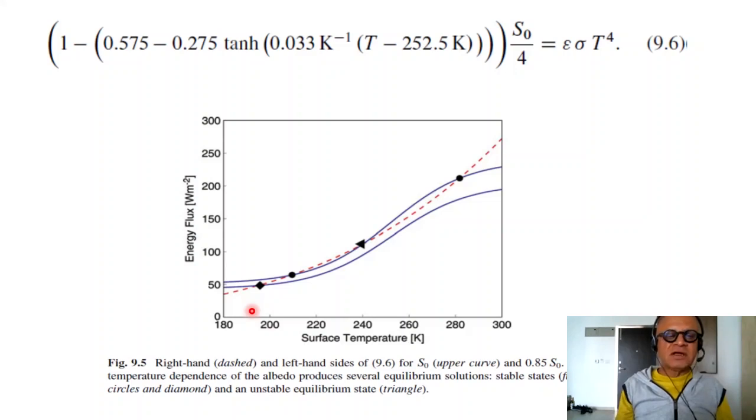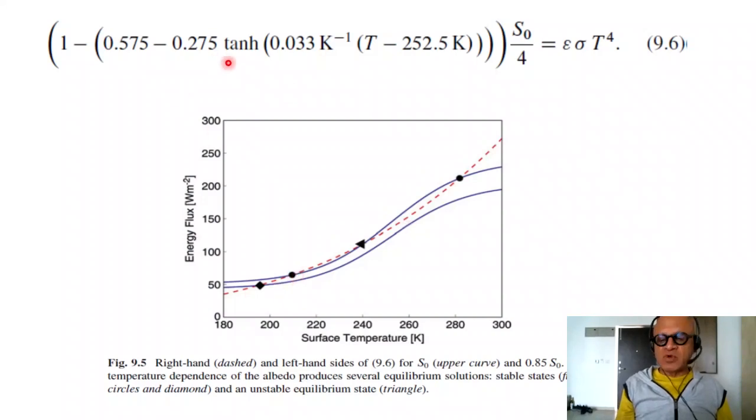Stable states are these filled circles, and an unstable equilibrium state is also possible, which means the Earth's climate can go into that state, but it won't last very long. It'll flip back to this state here. So if you're here, it'll flip back to here. If you're here, it'll move to here. But these can last for a long time, so they are stable equilibria,